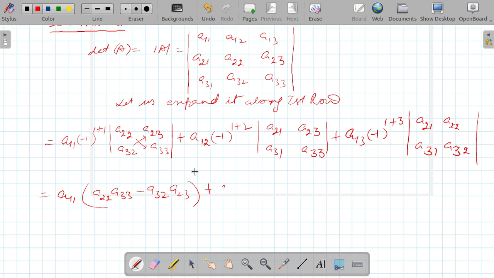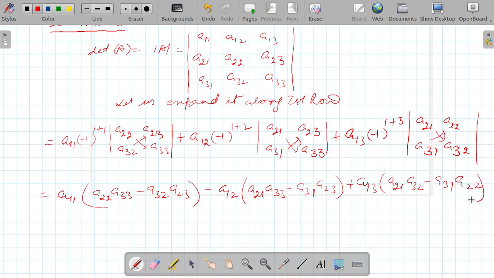Then here it is minus 1 raised to power 3, so it is negative. So A12 times A21 A33 minus A31 A23, plus A13 times A21 A32 minus A31 A22, like this. So this is the value of this determinant,